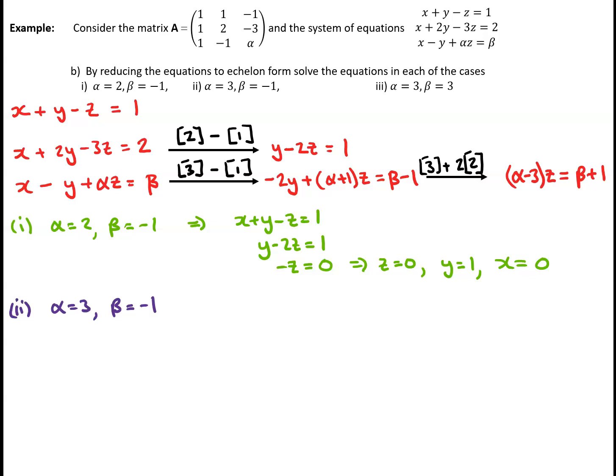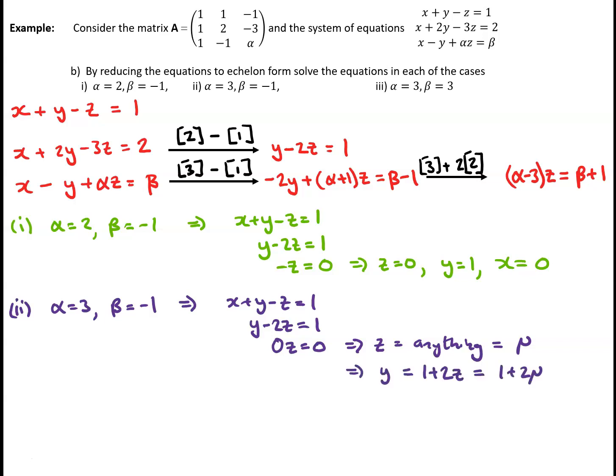If alpha equals 3 and beta equals minus 1, then my echelon form reads x plus y minus z equals 1, y minus 2z equals 1, and 0z equals 0. That means that z can be absolutely anything. Let's call it mu this time, just for a change of Greek letter. If z is mu, then y is 1 plus 2z, which is 1 plus 2 mu,